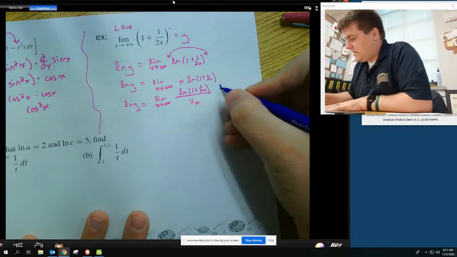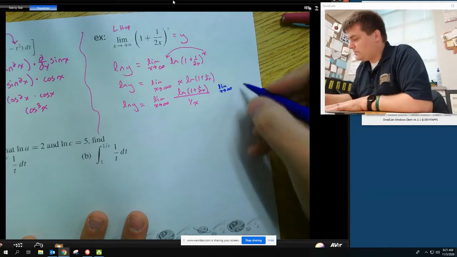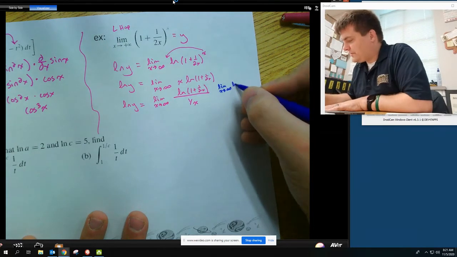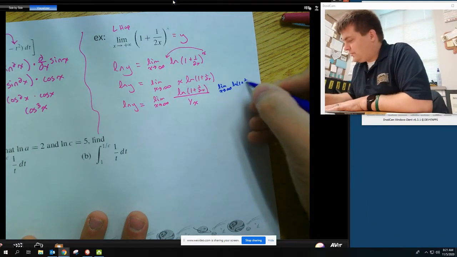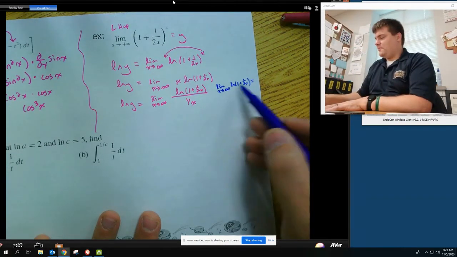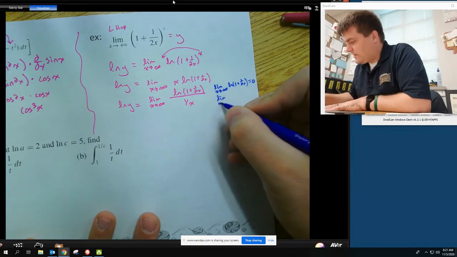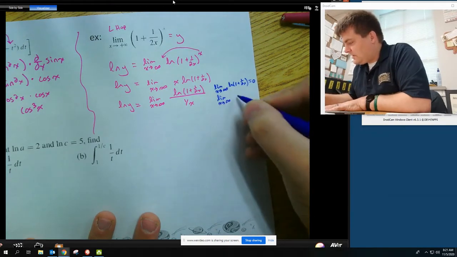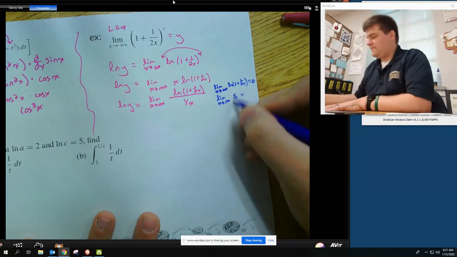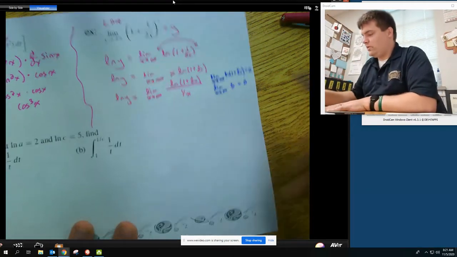And, well, make sure you formally go through this. I know a lot of you like whatever, I'm going to do how I want to do it. Well, you actually need to show this correct way. You will lose points if you don't. So if you plug in an infinity, you're going to get ln of 1, which is 0. You do need to show this work for L'Hopital every single time. 1 over x. You plug in an infinity, you're going to get 0. So you will get a 0 over 0. So you will have to L'Hopital